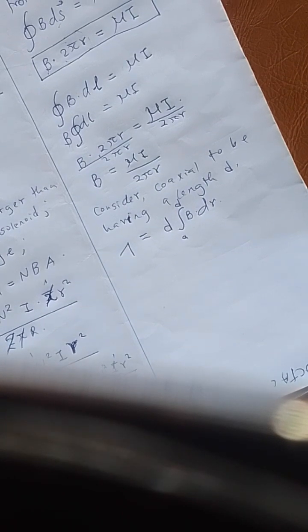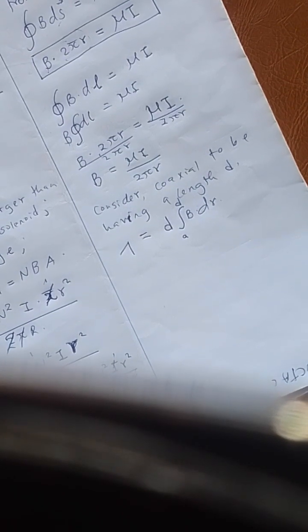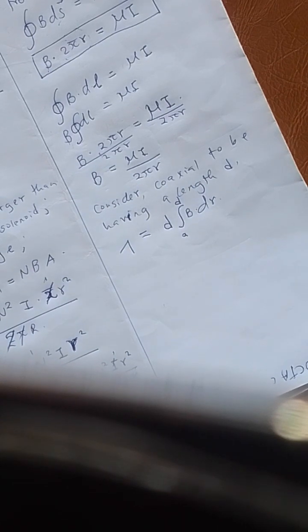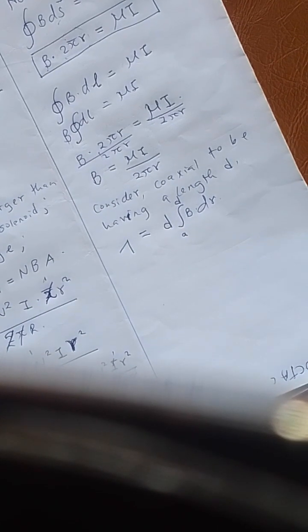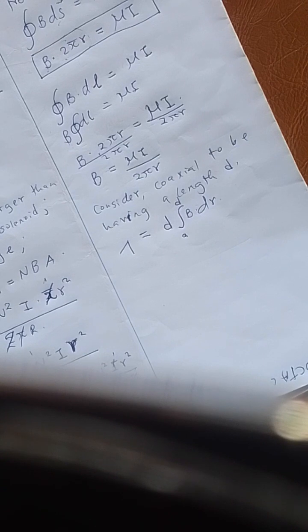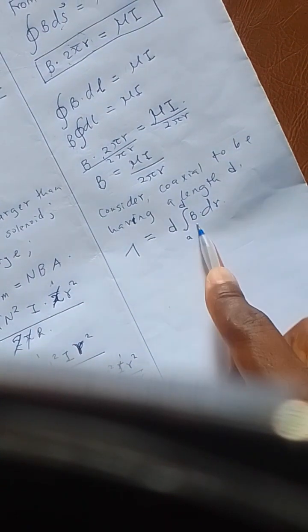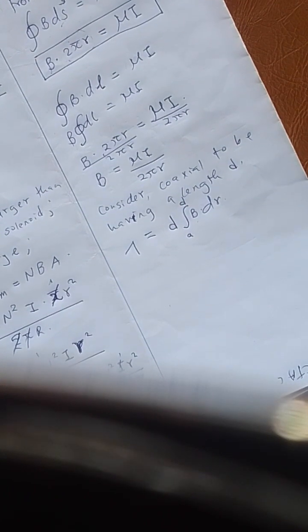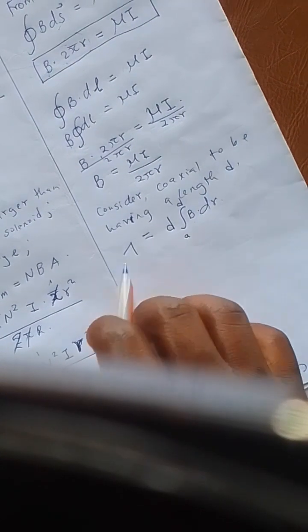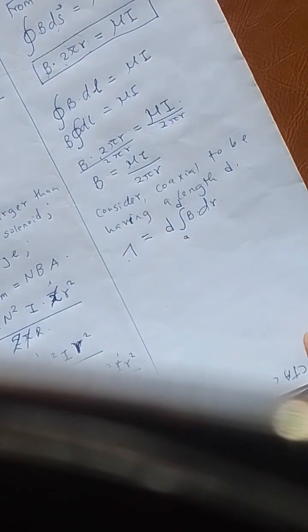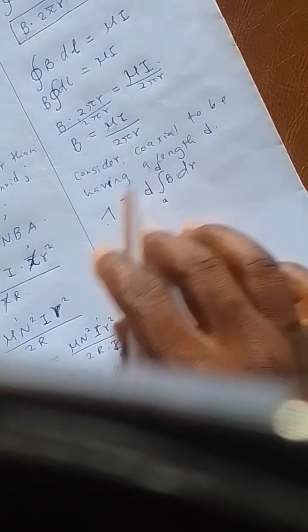Remember, we said once we have a magnetic field, when it passes through that inductor material, it's going to cause magnetic flux linkage, and that is what we are saying here. These are the magnetic field lines passing through our inductor, and in this case it is a coaxial wire. Now it's going to induce this magnetic flux linkage. Now when we work out this part,